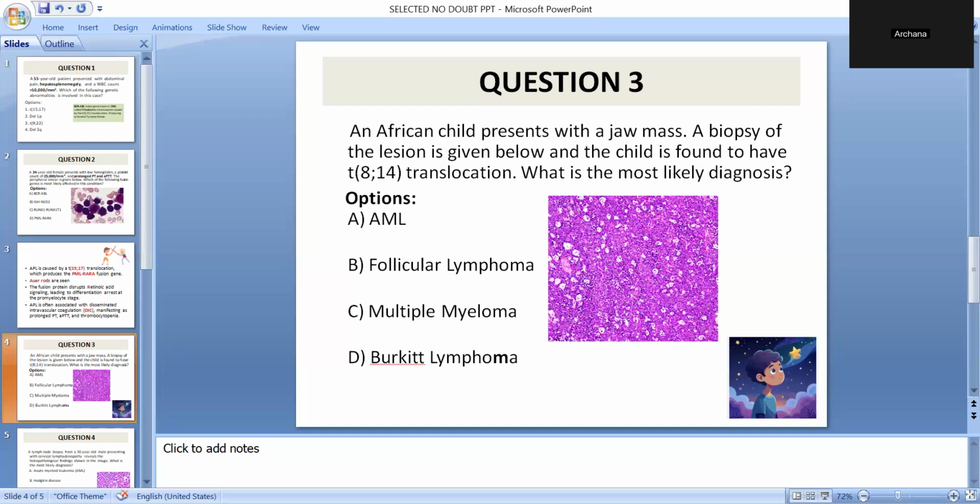To wind up, how do we remember? The clue to remember is Burkitt is the name of a boy. Let's imagine that Burkitt is viewing stars in the night, or Burkitt is seeing a starry sky. Okay, so that's the way to remember. And if you want to remember the gene that gets translocated, imagine that Burkitt is holding a mic in his hand and seeing the starry sky. So what is the gene that is mutated in Burkitt's lymphoma? It is the MYC gene. So that's about Burkitt's lymphoma.